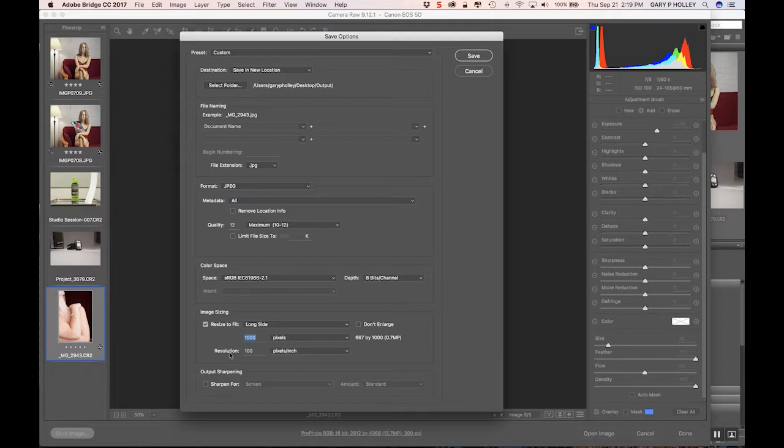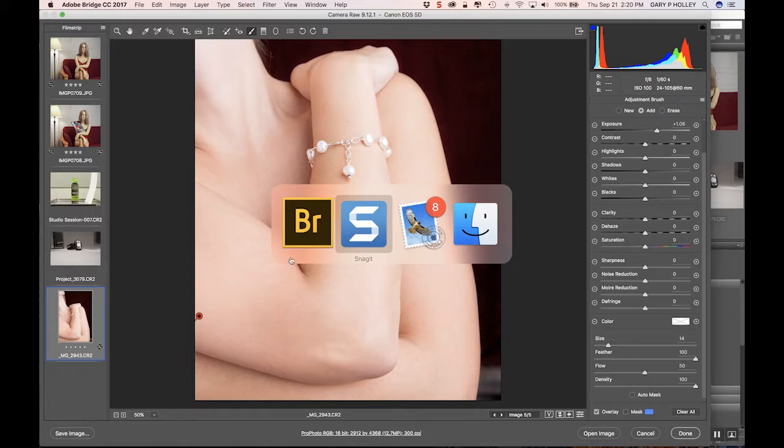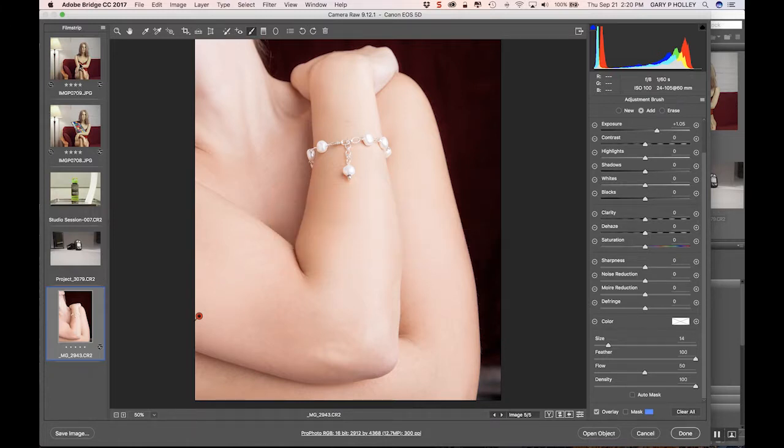Okay, so here we go. I'm going to click Save. You'll see it says 1 remaining. Depending on the speed of your computer, how big the file is and whatnot, it'll actually go quick, like that one, or it'll actually take a little bit longer. You can actually save multiple files. So if I click on all of these, I can say Save Images. They all get the same format, but they obviously have different names. So the one we just saved is this one, and it would have this file name with a .jpg at